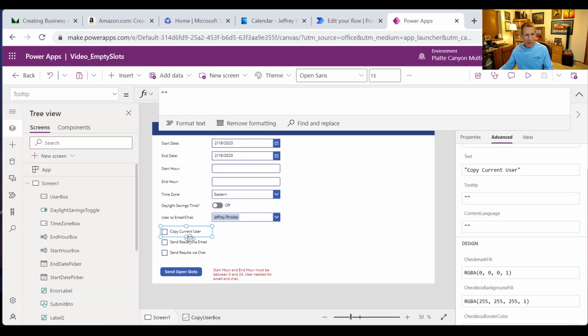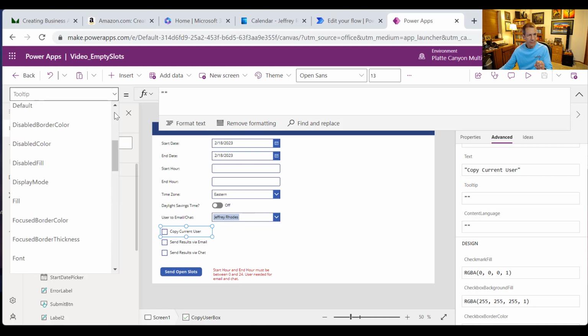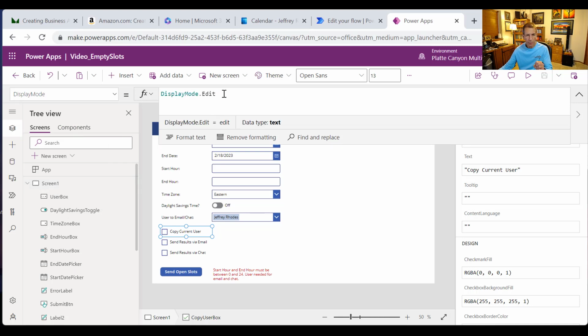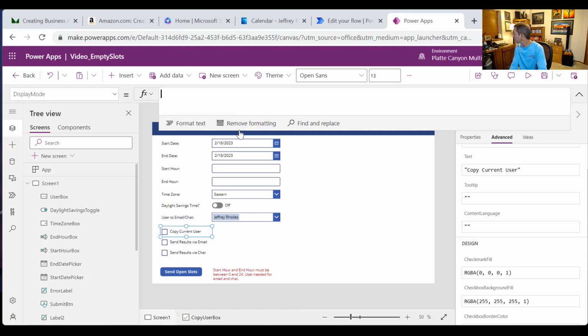Now let's look at this copy current user. What the intent there is, if you pick somebody different in this one, so that you can also email yourself, like if I picked Sue or whatever in there. So we might as well enable and disable that one correctly just to make it work exactly right. Notice this is display mode, but there's also a disable one as well. So we'll just cut that one and we'll basically say, so if, and the first thing we want to do is we want to say